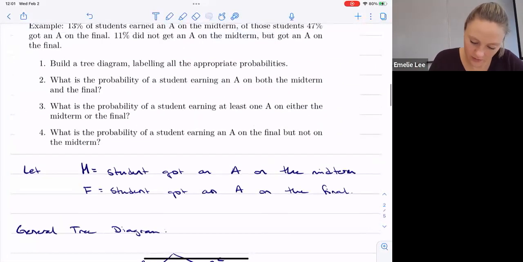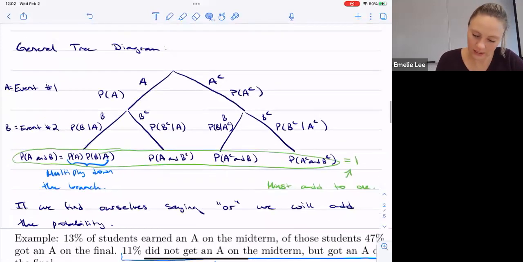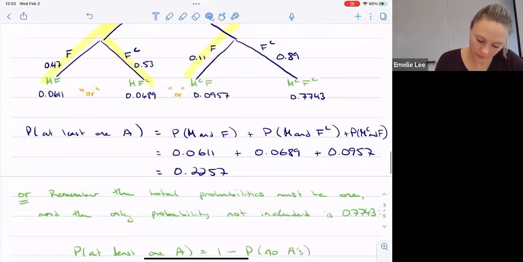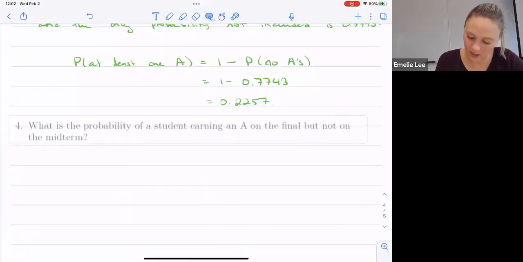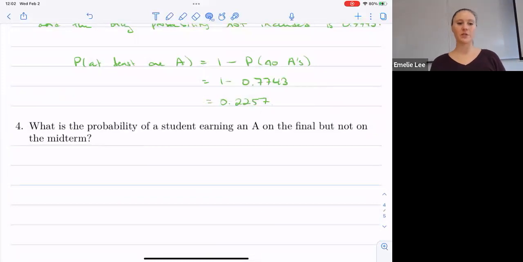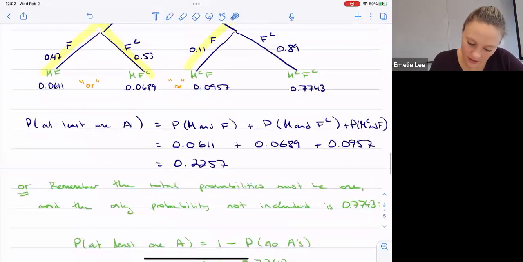Oh, and then our last question. And there are other questions we can ask, but these are just for examples, just to show you kind of what you can do with these problems. But what's the probability of a student earning an A on the final, but not on the midterm? Right? And so the probability,